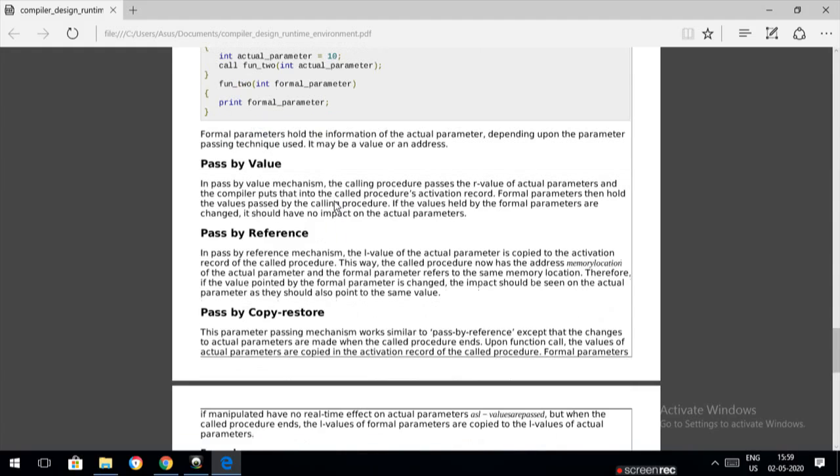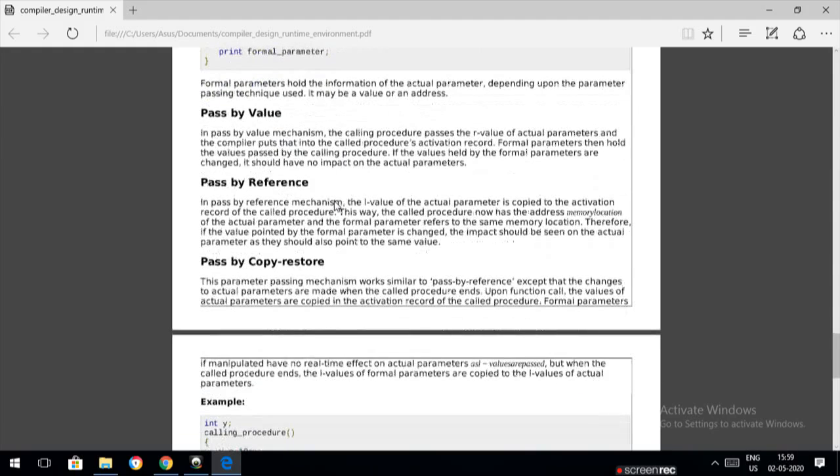So that is known as pass by value. When you go for pass by reference, it will be called directly, and will not send a value. Here the memory location of a variable is sent as a parameter during your calling of the function or procedure.